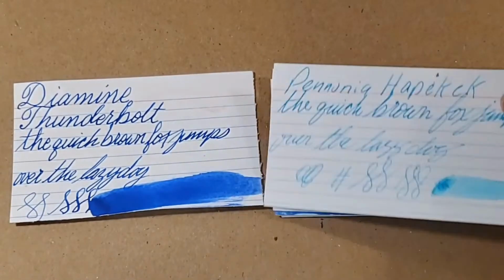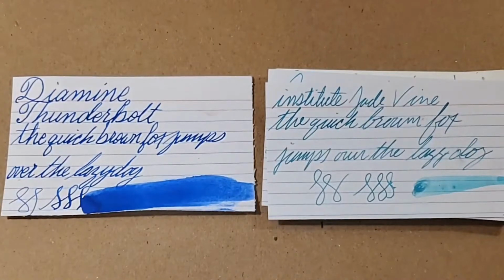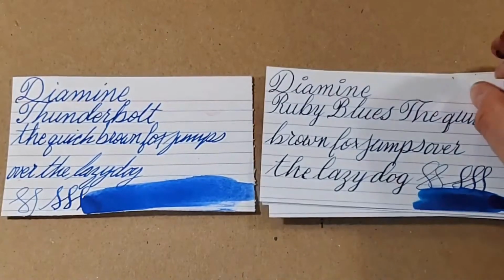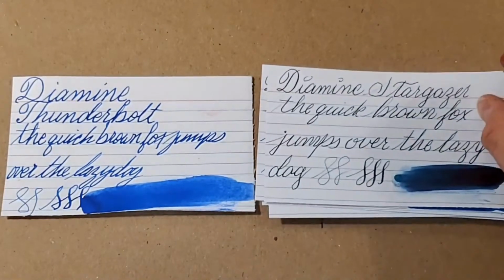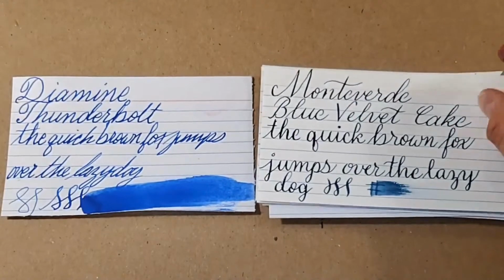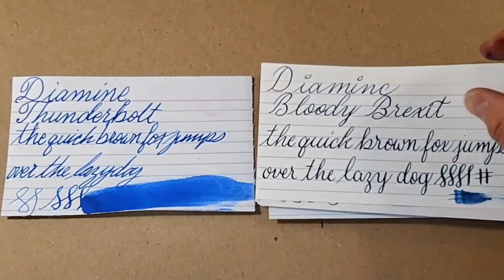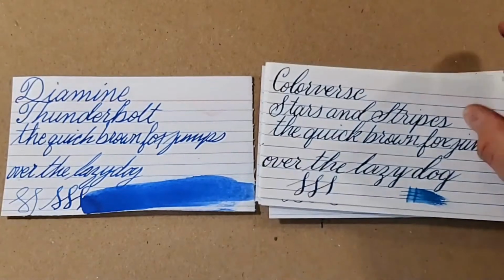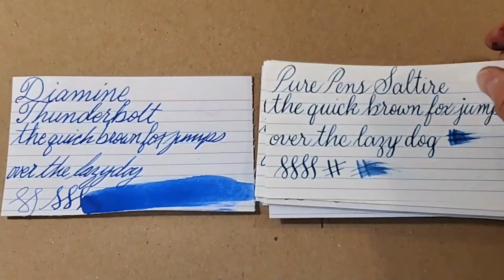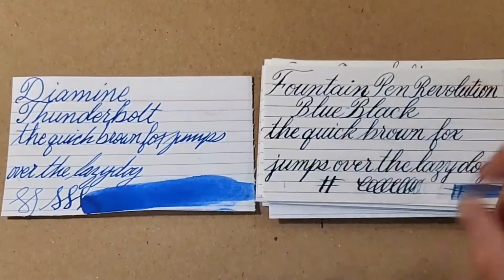Diamine Nightshade. Pannonia Hepakek. Institute Jade Vine. Diamine Deep Dark Blue. Diamine Ruby Blues. Diamine Stargazer. Diamine Storm, Diamine Blue Velvet Cake, Colorverse Cat, Diamine Bloody Brexit, Colorverse Stars and Stripes, Diatramentus Columbia Blue Copper, Pure Pen Saltire, Diamine Skull and Roses, Fountain Pen